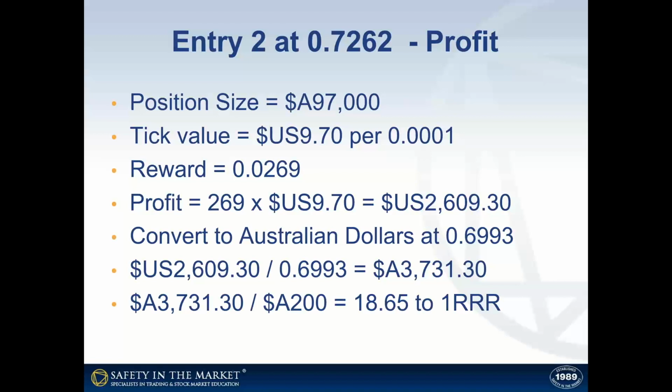And as you can see there, 18.65 to 1. Add to that 12.5 to 1, and you're at 31 to 1 reward to risk ratio from 2 simple trades in about 2 weeks worth of trading. Now, again, I talk about that in our video, Trading the Easy Way, but that's where you want to be